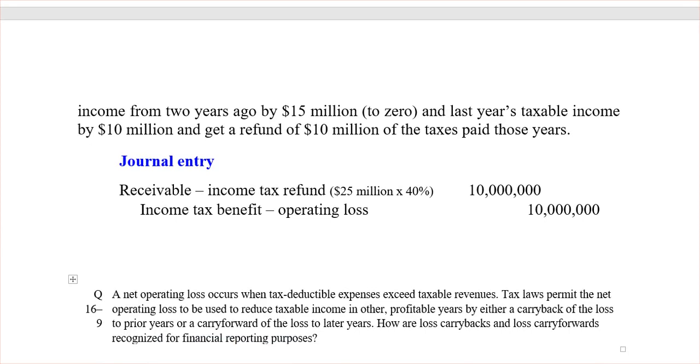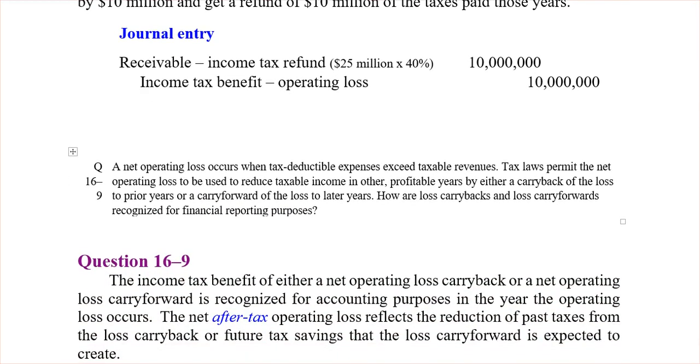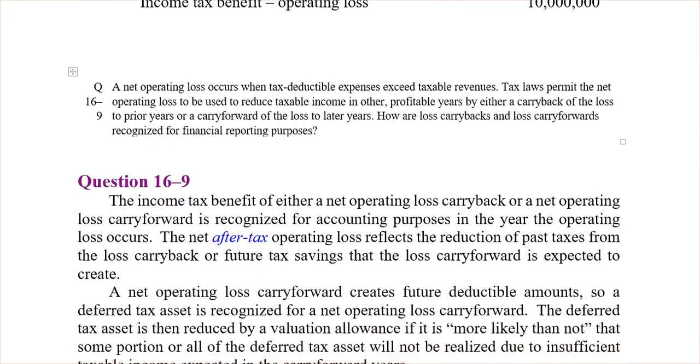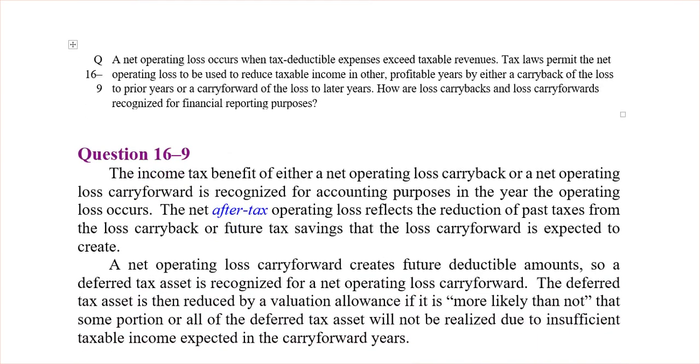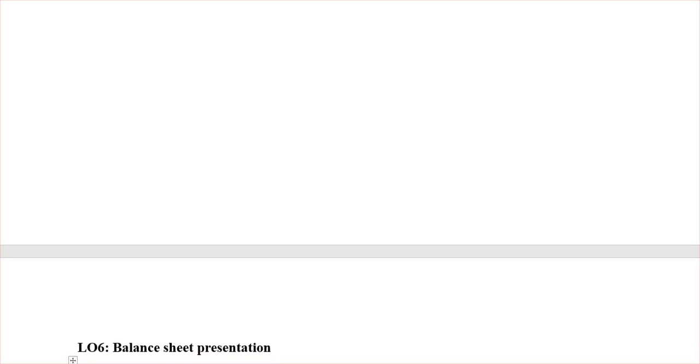How are the loss carrybacks and loss carryforwards recognized? And recognized means doing journal entries for financial reporting purposes. So here is another explanation, which says if you're going to carry it forward, you create a deferred tax asset. And then consider also, because it is a deferred tax asset, whether you need to have a valuation account. Because if you do not have profits in the next years, you have no taxes to be avoided or reduced